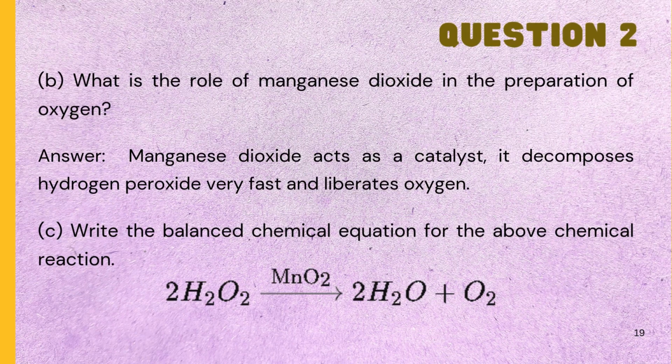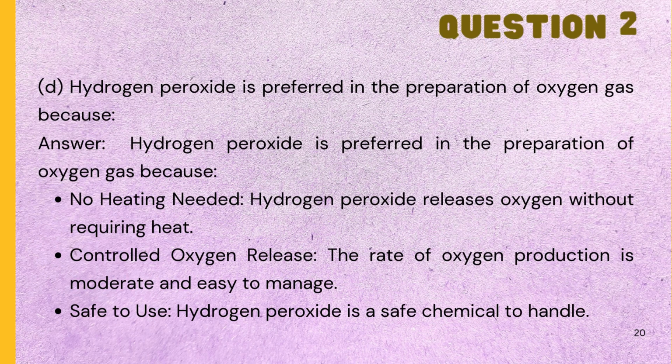B. What is the role of manganese dioxide in the preparation of oxygen? Answer: manganese dioxide acts as a catalyst. It decomposes hydrogen peroxide very fast and liberates oxygen. C. Write the balanced chemical equation for the above chemical reaction. D. Hydrogen peroxide is preferred in the preparation of oxygen gas because